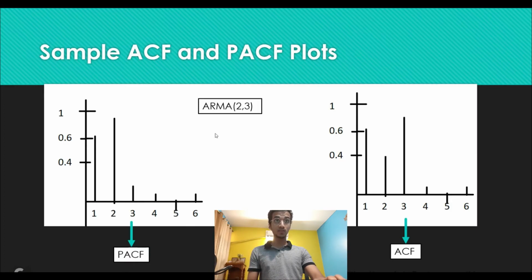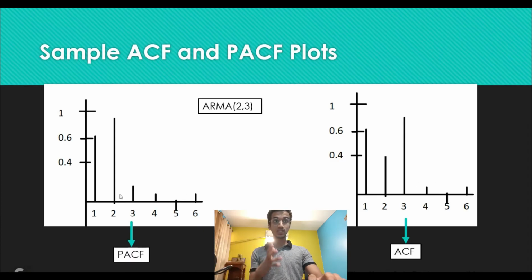So you can see that we have ARMA 2, 3, and here 2 means second order auto regression. And as for the ACF plot, you can see that we're getting significant values for 1, 2, and 3 time periods back, which makes it a third order moving average model, right? The rest of the values for 4 time period back, 5 time period back are very low. They are statistically insignificant and we don't consider that, right?